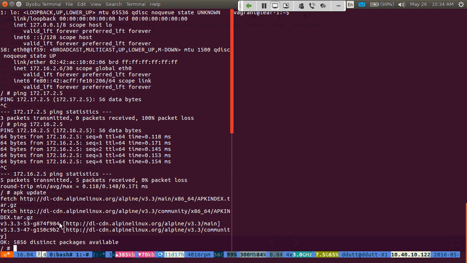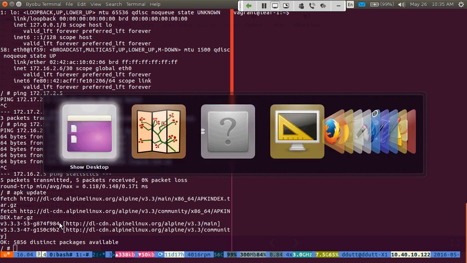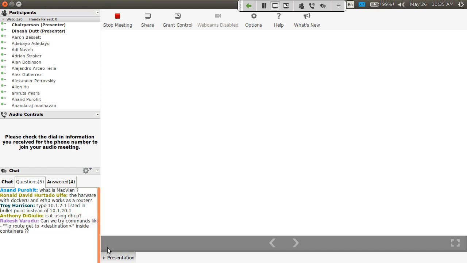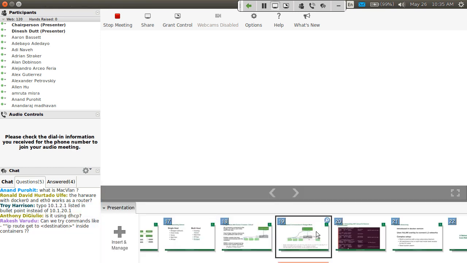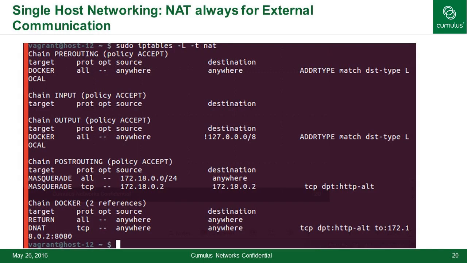So to come back to the model that we talked about, I'm switching back to the slide. Give me a second. You can see that we allow communication within each Docker bridge, but across the Docker bridge, communication is not allowed. So the way this all works is that NAT is used for external communication.